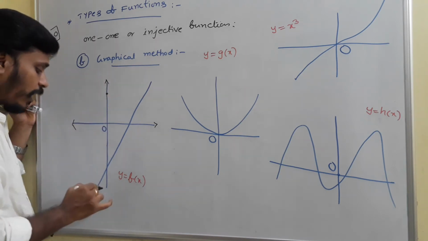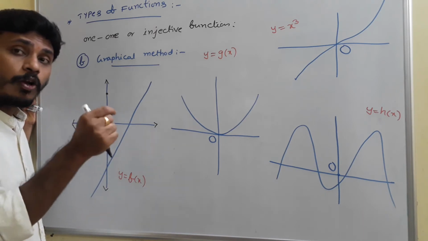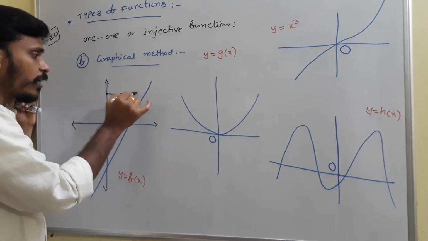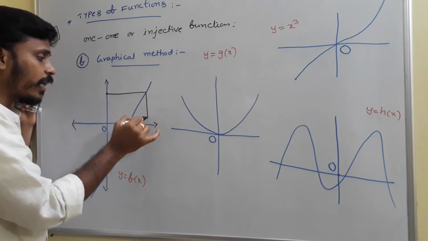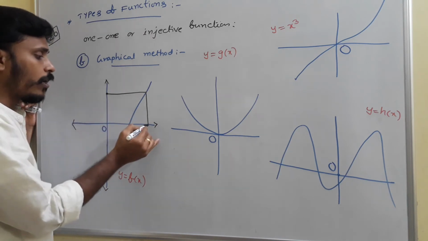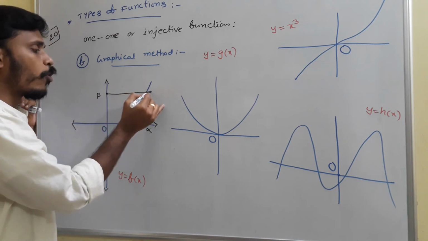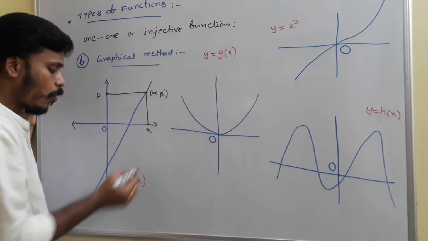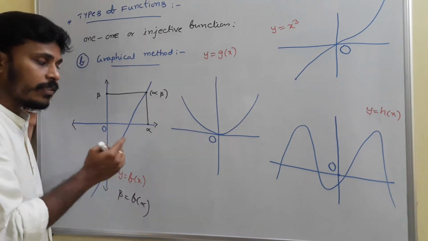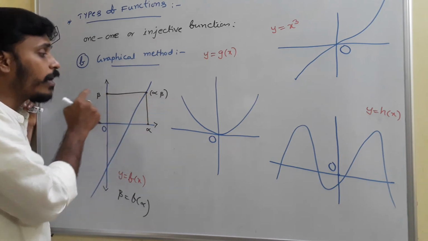You just start with any one value from the codomain. Any one value of the codomain means at any point of the y-axis you just start there and then reach the graph. Afterwards you just directly reach the x-axis, that means the domain. Suppose this point is alpha and this point is beta. So the point on the graph is alpha, beta. What it means is beta is equal to f of alpha. In the sense, for the element alpha of the domain, its corresponding image is beta.